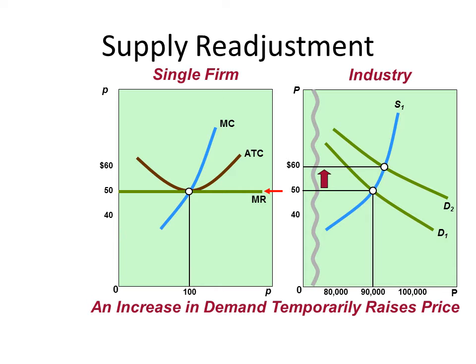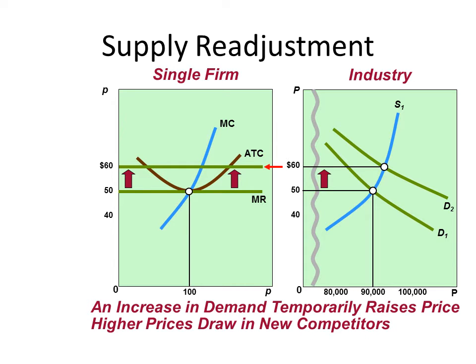But the market will have this dynamic adjustment if higher prices persist, such that firms making an economic profit where price is above minimum average total cost, it will draw new competitors into the market, right? Firms will realize, hey, we can make economic profit and the supply will increase. But notice, as the supply increases, price falls back down to the original level. This efficiency is only possible if firms can enter and exit the market without any barriers or obstacles.